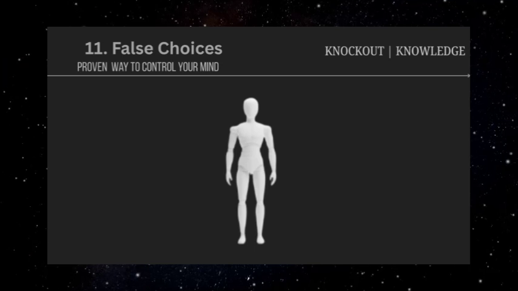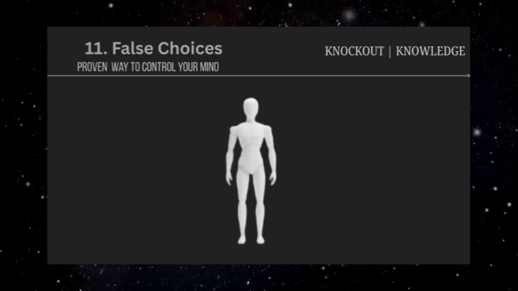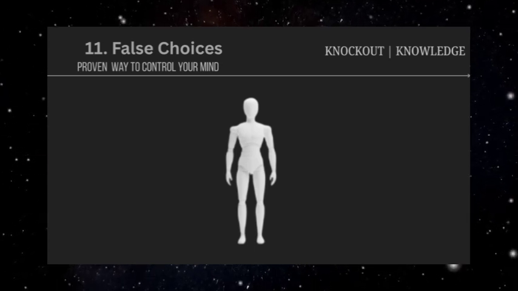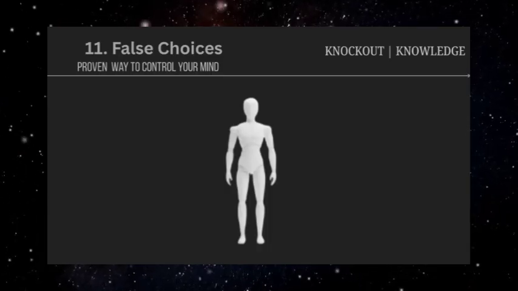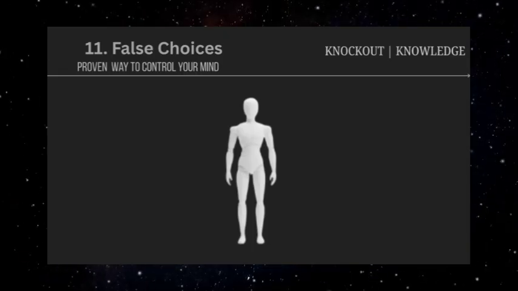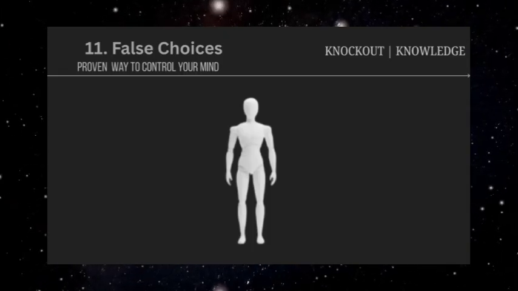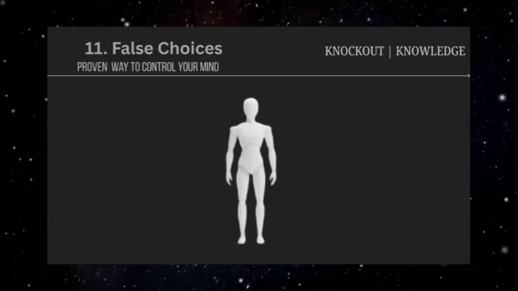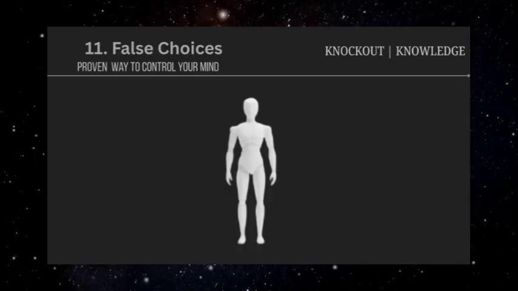The technique also exploits our natural desire to be decisive and helpful. When someone presents us with choices, we often feel obligated to pick one of them rather than questioning whether the choices themselves are appropriate or complete. This social pressure to choose can override careful consideration of whether we want to participate in the decision at all.